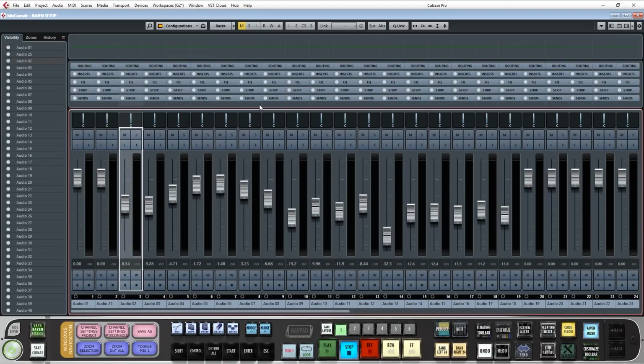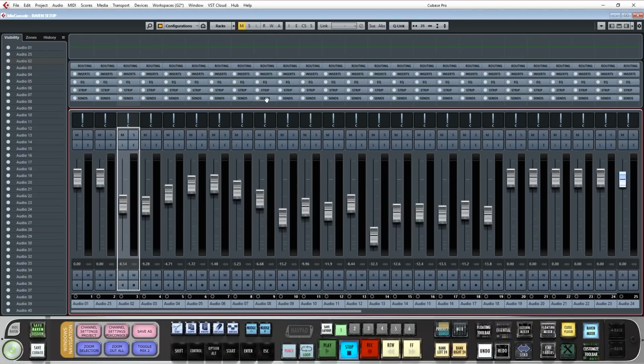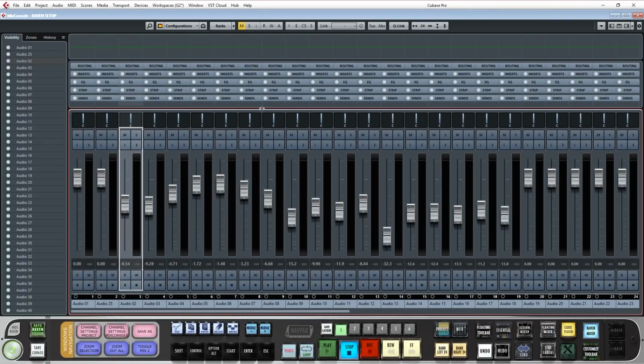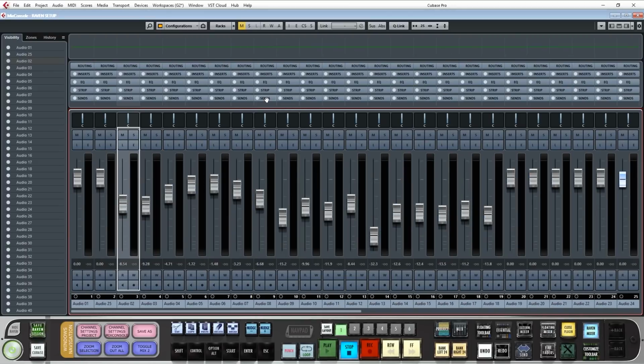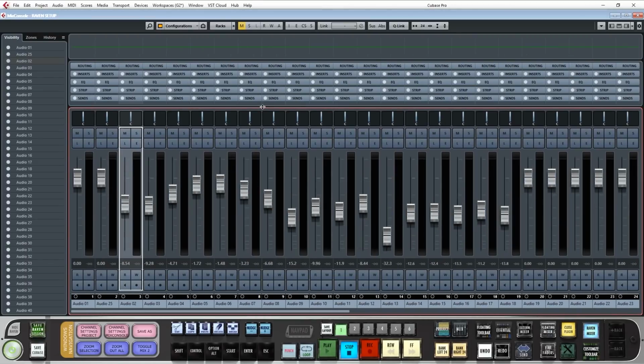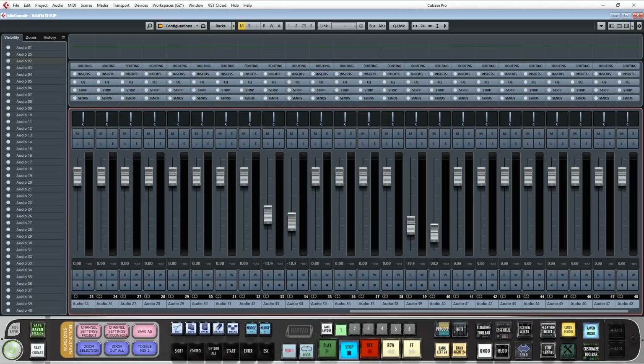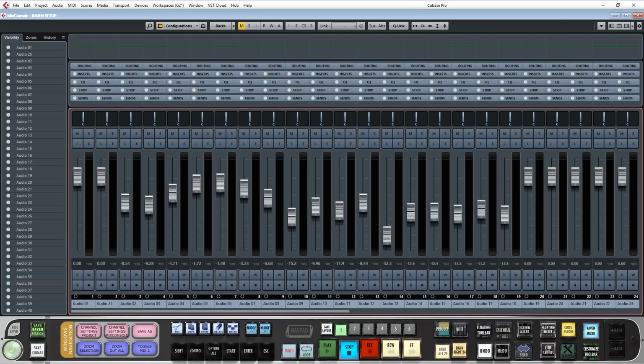Last, we'll need to make sure we have a maximum of 24 tracks showing. Use the key commands G and H on the keyboard to set your mixer to display 24 tracks, like this. All of the Raven fader caps should be showing correctly and not hanging over the edge of the Mix Console, as well as no extra Cubase faders should be showing after the last Raven internal mixer fader cap. Note, banking 24 or one track at a time will not work correctly unless 24 tracks are showing.